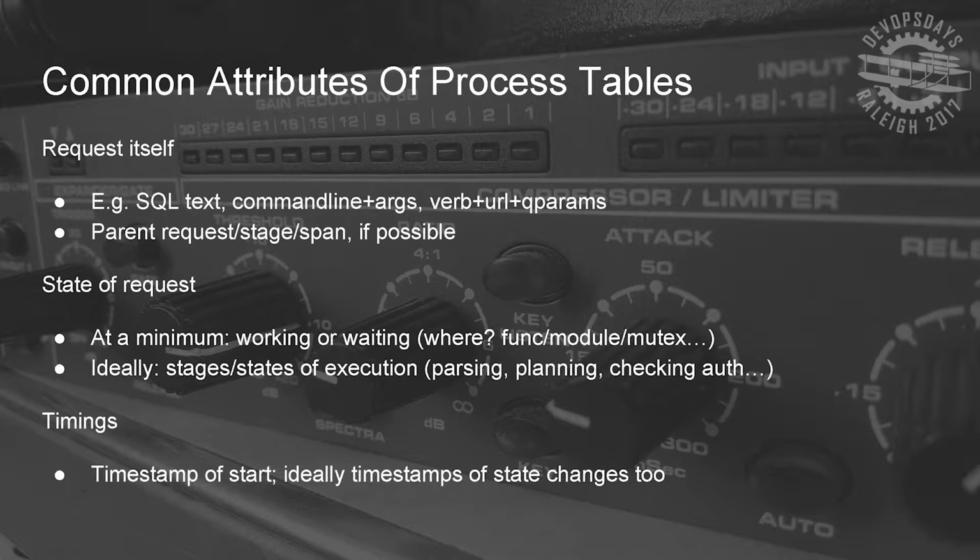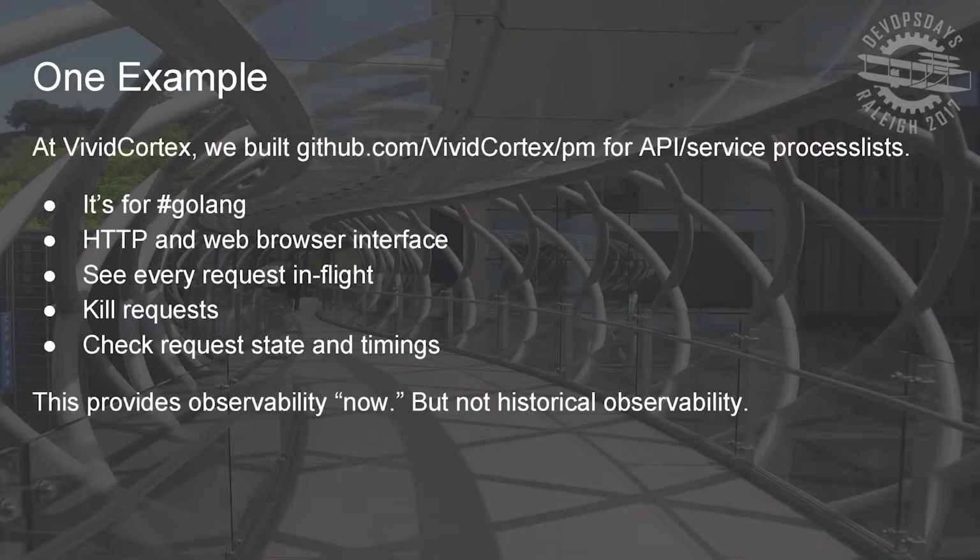The example that I've mentioned previously is our Golang HTTP APIs. They're built on top of the standard net/http package in Go. And we just wrapped in a little process list package. It's open source, called PM on our GitHub repositories. It's not very much code. It tracks the existence of a request. It allows you to kill it. It has